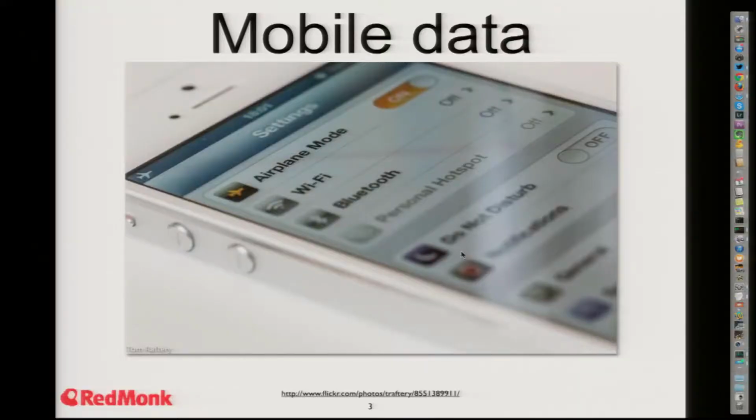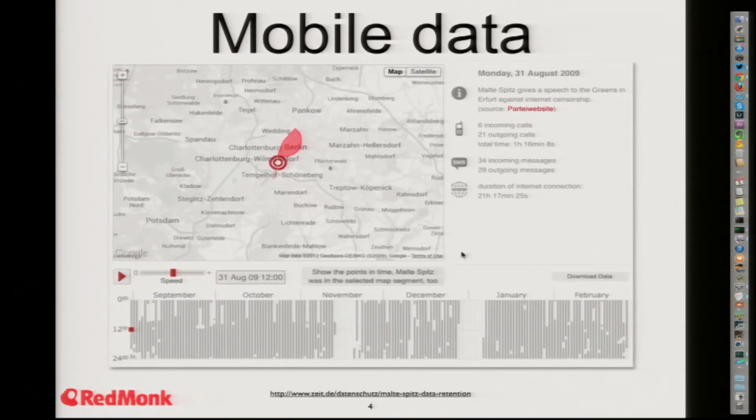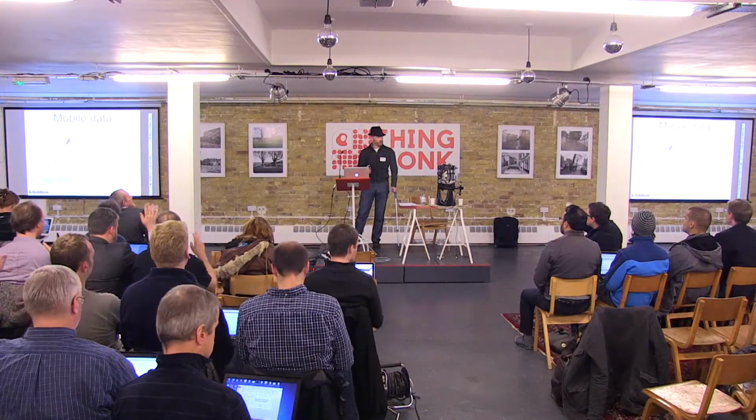So, mobile data. Every one of us has got one of these little devices, and it's publishing not just the information that we publish ourselves, but also a lot of other information as well. This was brought home to us in 2009 very clearly when a German politician called Malte Spitz sued Deutsche Telekom because of the data retention laws in Germany that had just been legislated, and he asked them for his data. He wanted the 6 months of data that they had on retention for him. Can I get a show of hands here for anyone who has not heard this story already? Okay, a good few people haven't.